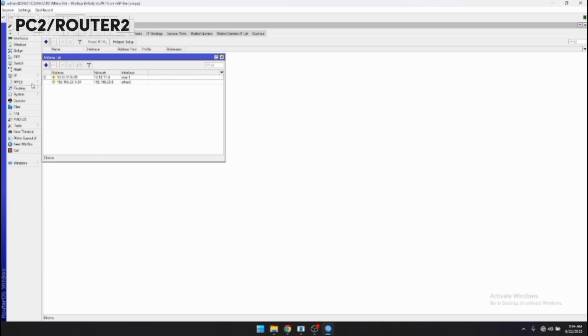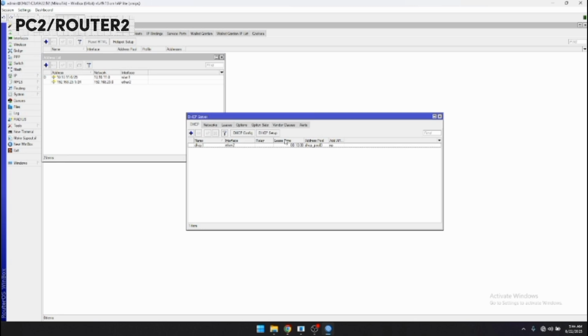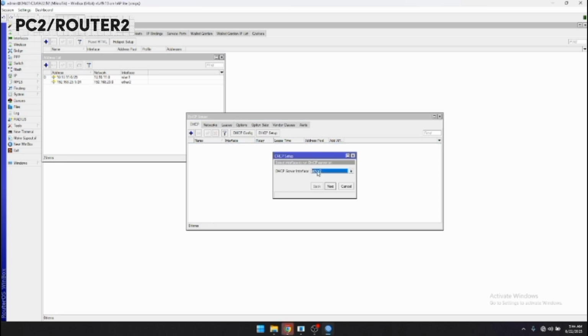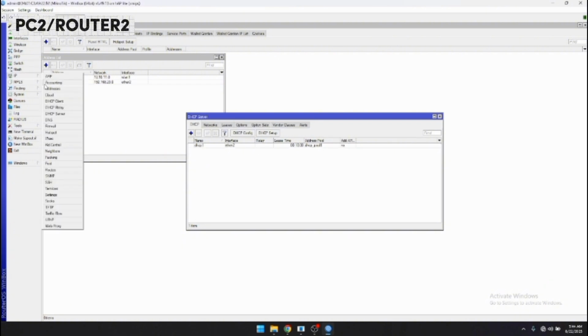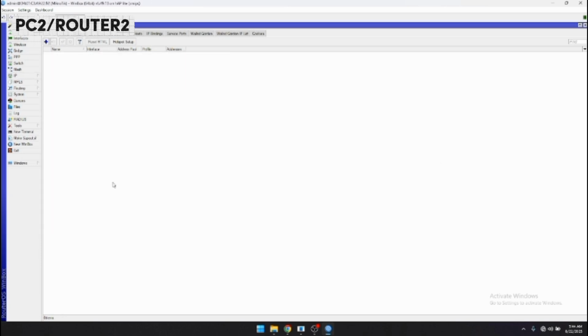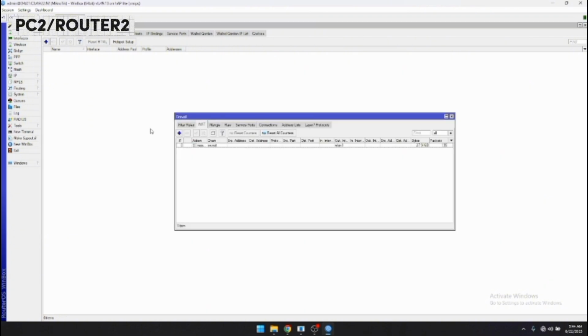I'm checking the IP address, DHCP client, DHCP server, firewall, DNS, all of it. The problem is connecting to router 1. I want to check all.